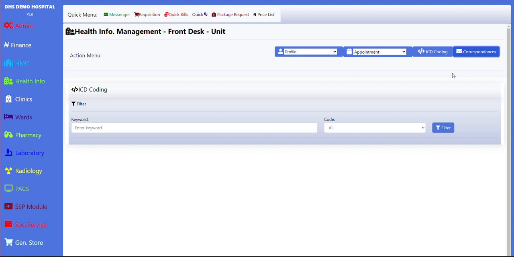Or I can select "All" to filter everything, including the coded and the uncoded ones. The system is so slow, sorry about that. After that, I think I can proceed to the correspondence. And what we have in the correspondence,